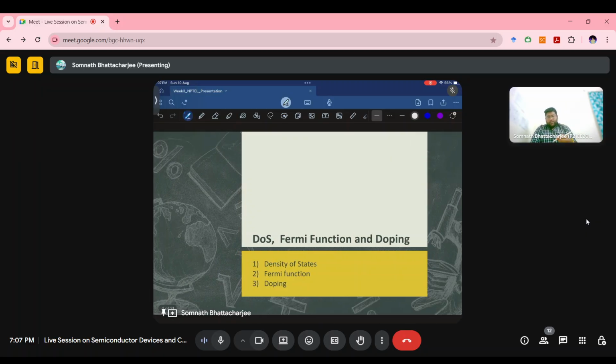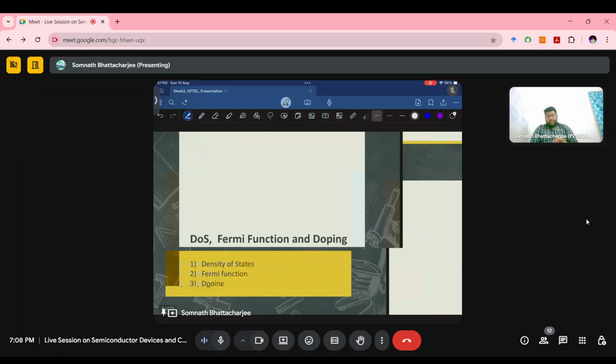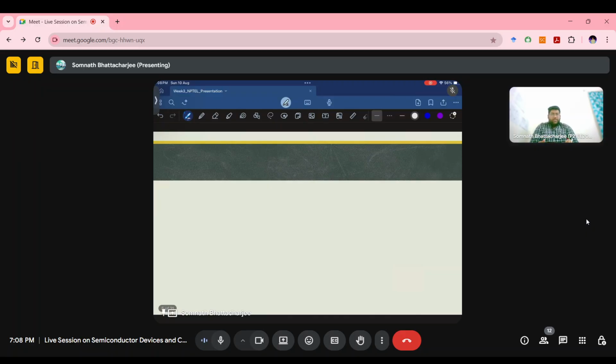So we'll move towards the basic introduction to all the topics we have learned this week, and then afterwards we'll solve a few simple problems, and through the utilization of those problems we'll move towards understanding these concepts more intensely. So the first concept we learned this week was density of states,